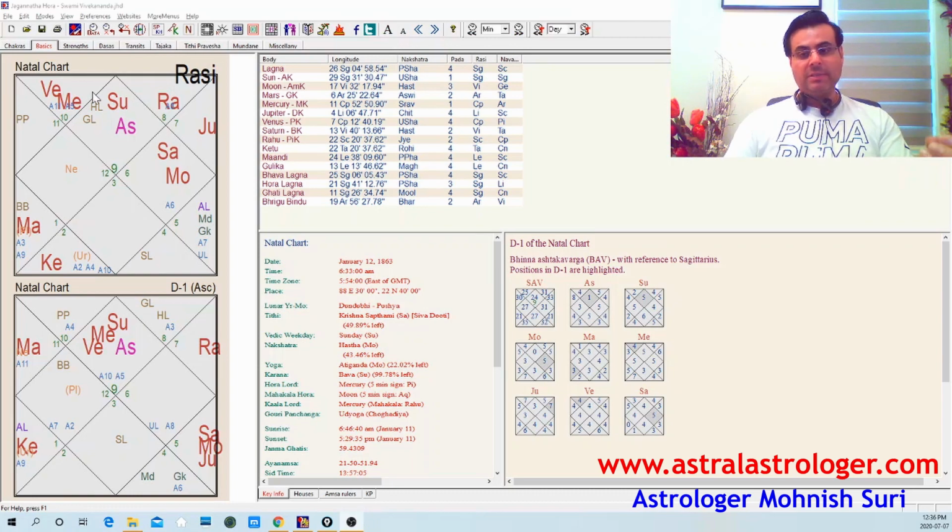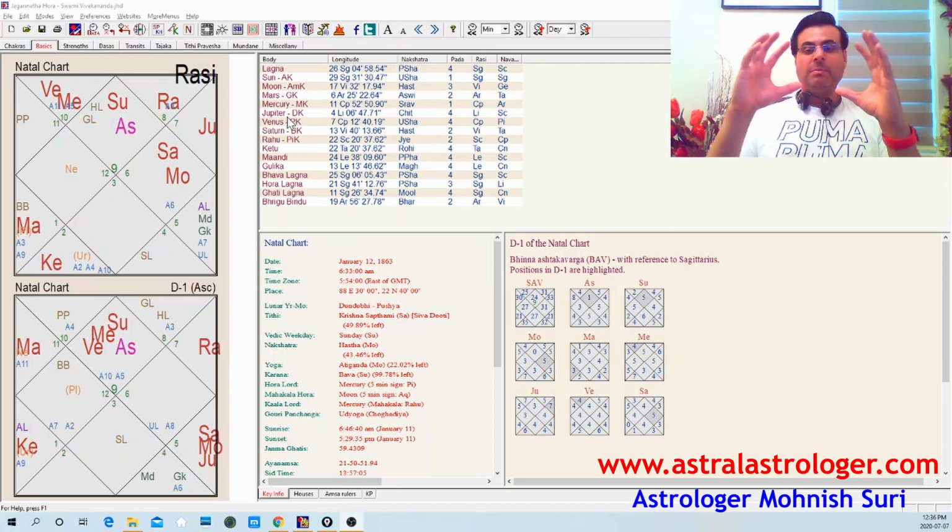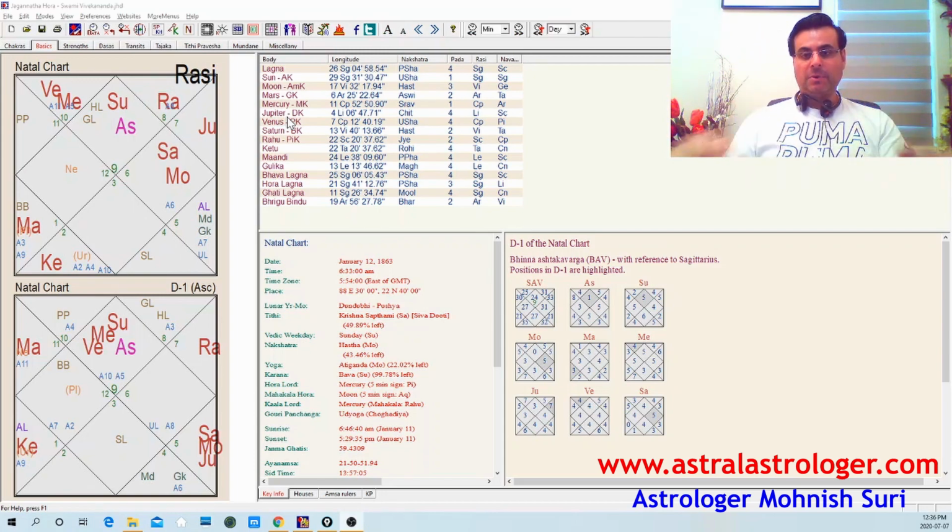So if you open his chart and try to read it the way I have taught you to read it, you will understand very easily the life path of Shri Vivekananda. No analysis paralysis, no confusion, and it's a very easy and simple way of acknowledging what the roadmap or what the selfie looks like at the time and the place when somebody is born.